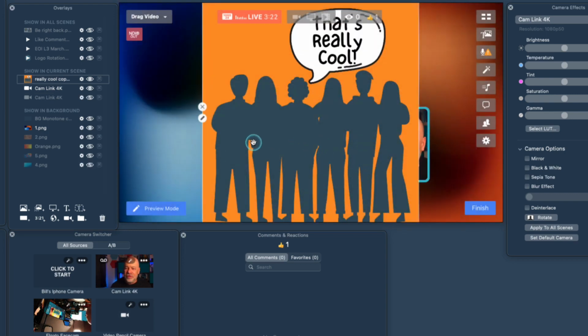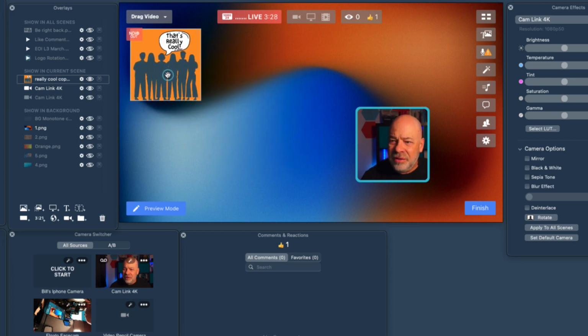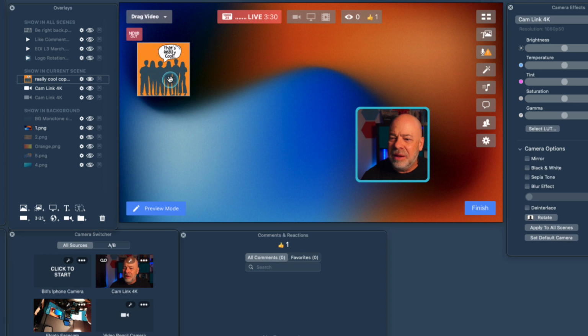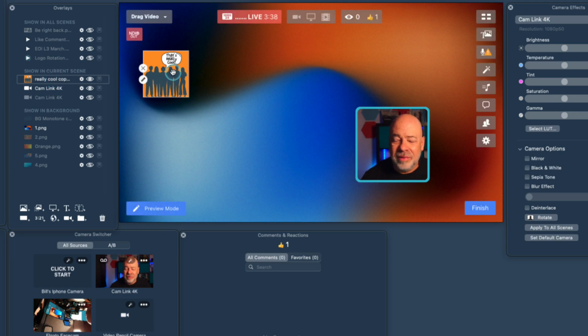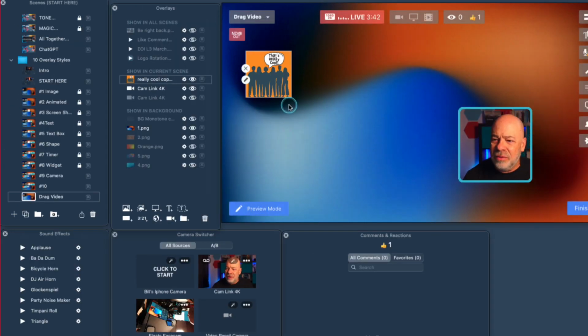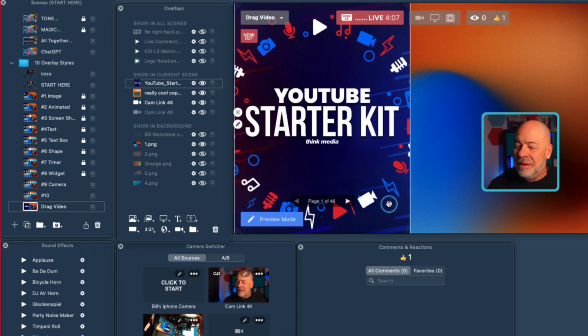Now it pops in full screen, but just with a little bit of the mouse you can arrange it. And man, that's really cool, just saying. And you see it shows up in the current scene as this. Another cool thing about this, it's just an image overlay, but an image overlay can also be a PDF. And the cool thing about dropping a PDF in here, it's going to drop in full screen,